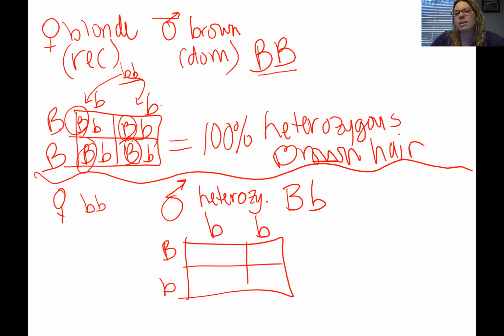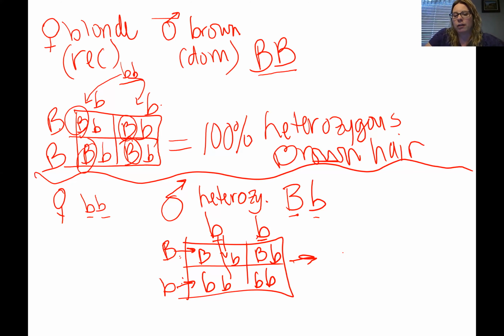Mom here again can be little b, dad can be big B or little b. Now, the most difficult part of this is figuring out what letters to put on the sides and the top. It doesn't matter if you put dad on top or mom on top. What you're going to look for is all the possible allele combinations for mom. Mom could only be little b or little b. Dad has a big B and a little b. So we take this big B across, little b down, big B, little b. Now we have little b and little b. So in this situation,